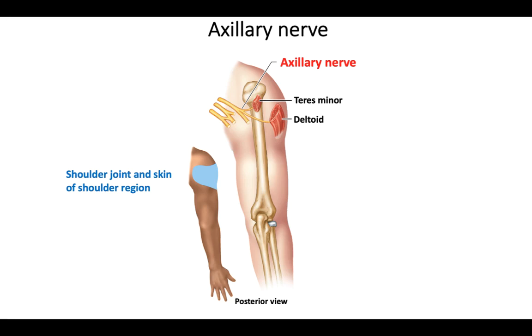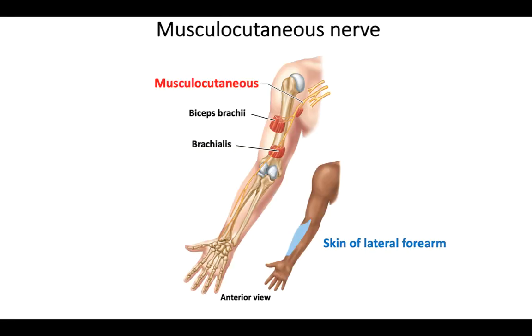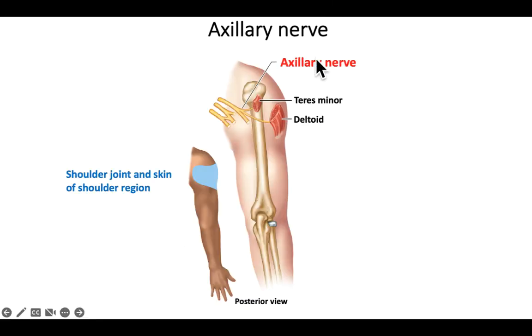Okay, next picture is the musculocutaneous. So remember the motor portion is biceps and brachialis. So if you had any nerve damage, you want to think about what the result would be. So if you had nerve damage, let's go back to the axillary nerve. The biggest movement that you would not be allowed to do is abduction. All right, you'd have a really difficult time abducting that arm. All right, because of that deltoid muscle. You would still be able to flex your arm and extend your arm because you got a lot of other muscles that do that. You have your pectoralis major, you got your latissimus dorsi,